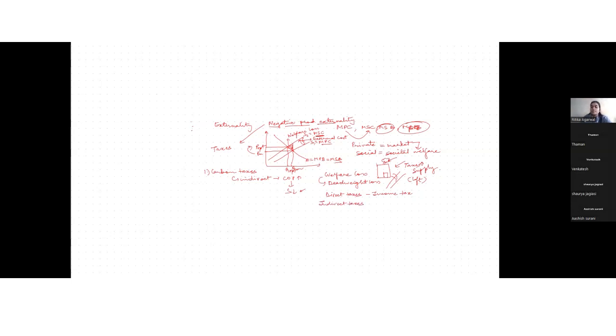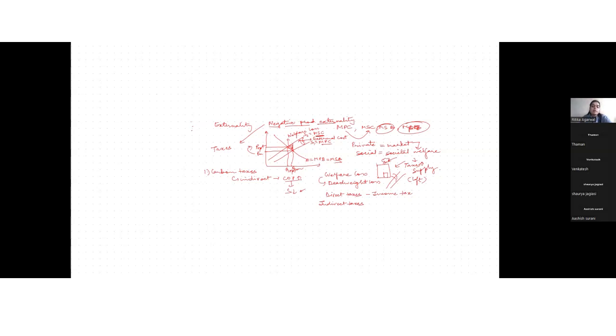So if the government is taxing the firm, this manufacturing unit for paper, then this becomes an indirect tax. Why? Because the firm will shift the burden of the tax to the consumer, for the profit motive. Hence, the cost of production will increase, leading to a decrease in the supply curve. This is the first one.